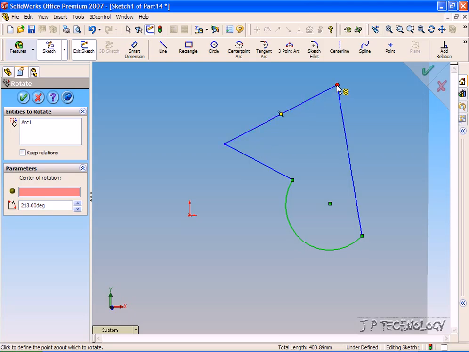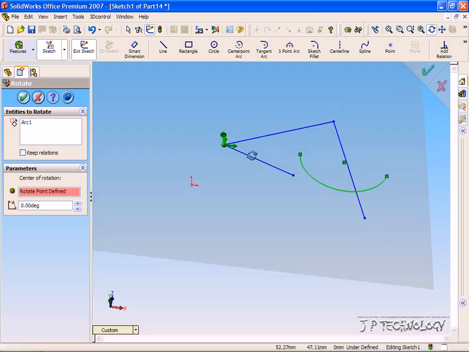Now say we change the center of rotation, say we make it here, you're going to be getting a different spin on it. So instead, you're going to be rotating around that point, so it's going to be reacting exactly related to where your point's going to be. So if you keep changing up the point, 100 degrees here is going to look a lot different than 100 degrees here. So depending on the center, the rotation point that you choose for the sketch, it's going to be representative of that. So say this is what we want to rotate, click OK, and now we've rotated that one